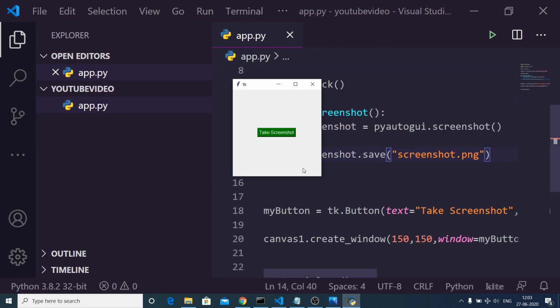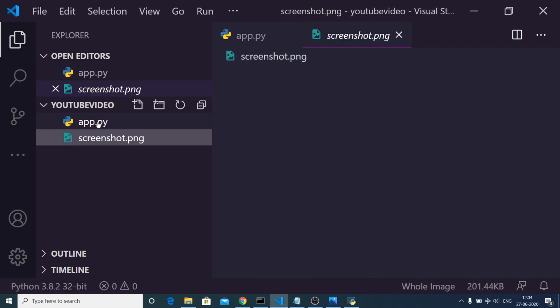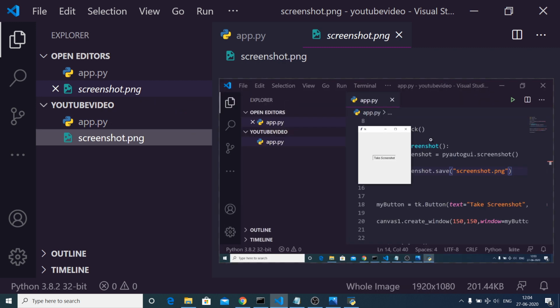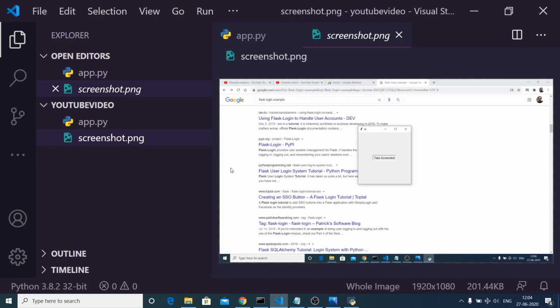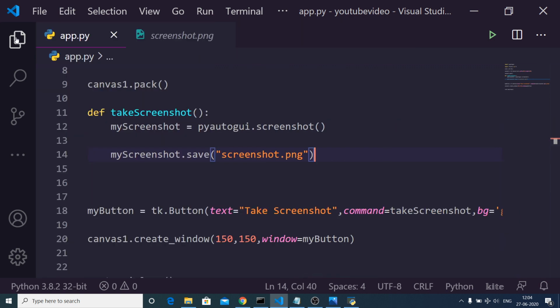Let me just click this button, and now you will see that this image will be created inside our directory, screenshot.png. If I open this image, you will see this is the image that we have taken. And let's suppose I take another image, take screenshot. Now it will replace that image like this. So this is a simple screenshot application.